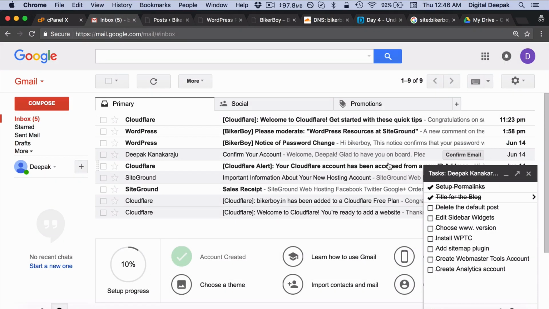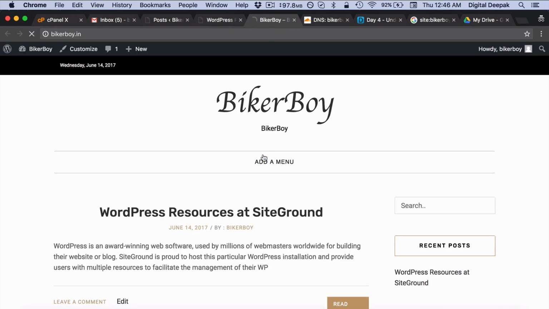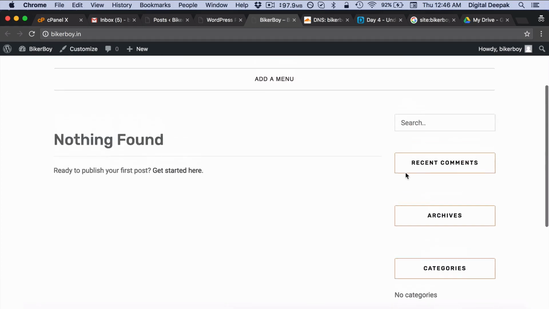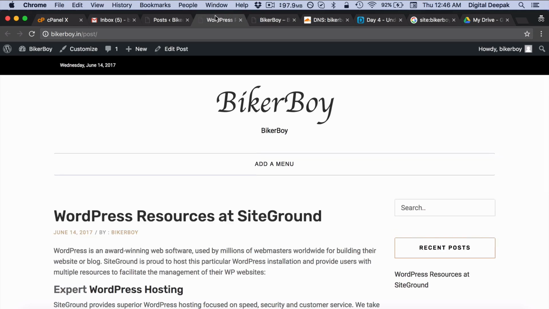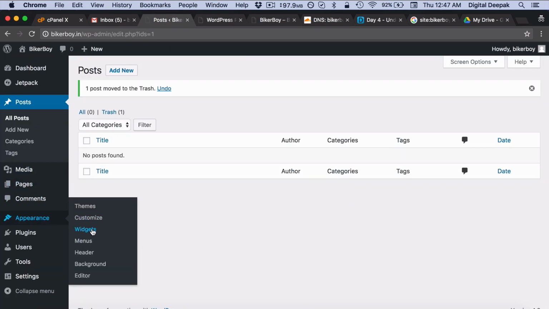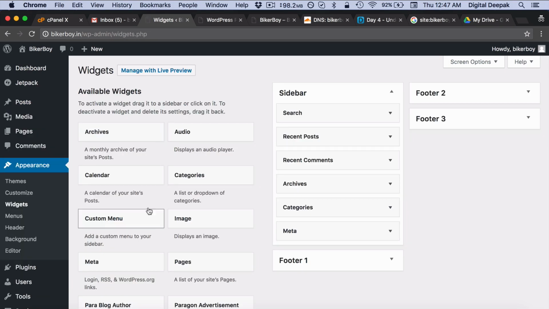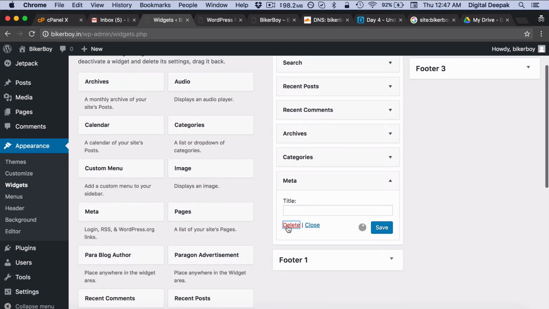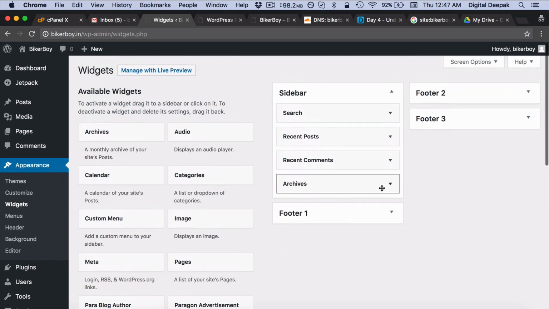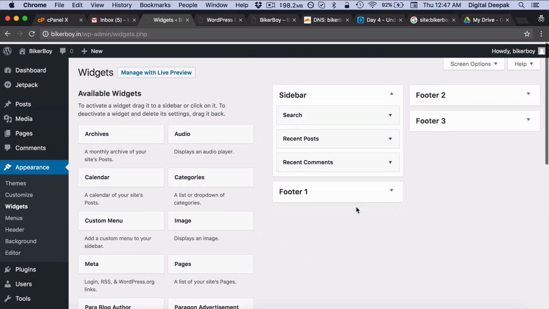The next one we have is edit sidebar widgets. So if you go to the blog, you can see that there are a lot of sidebar widgets here, and we don't need all these sidebar widgets when people are reading the blog. So what I would go ahead is that I would go to appearance and I would go into widgets, and inside widgets I can go ahead and delete some of these things such as meta. I might not want categories as well. I might not want archives.